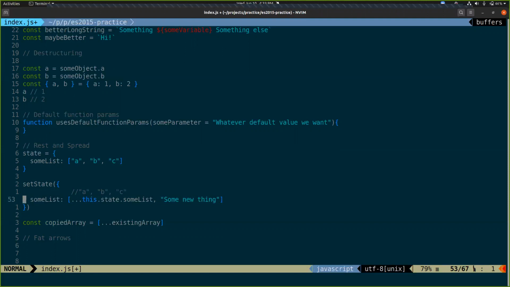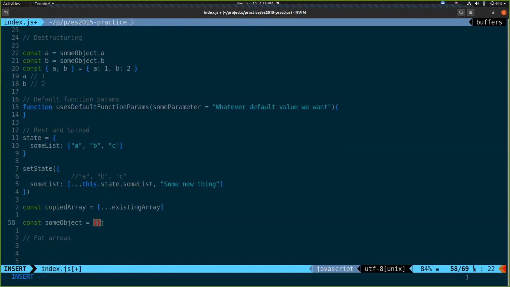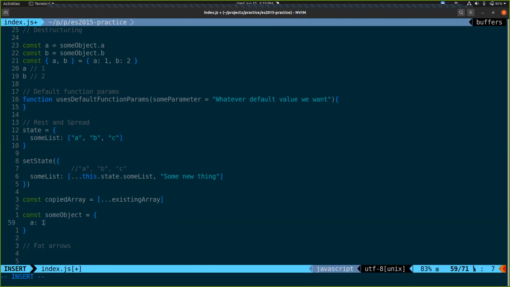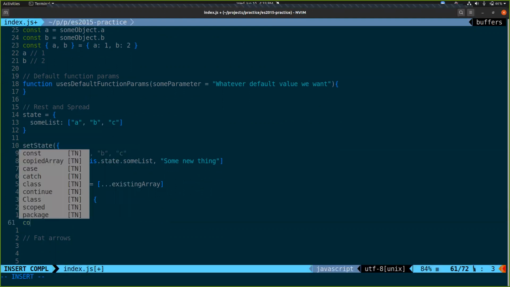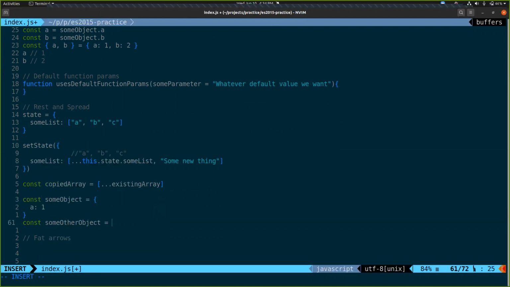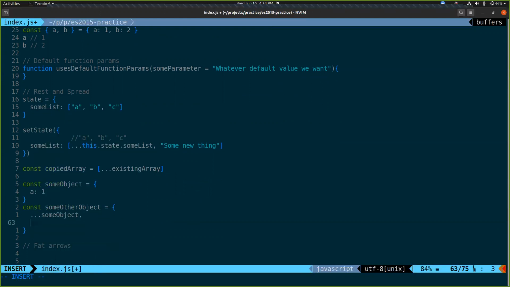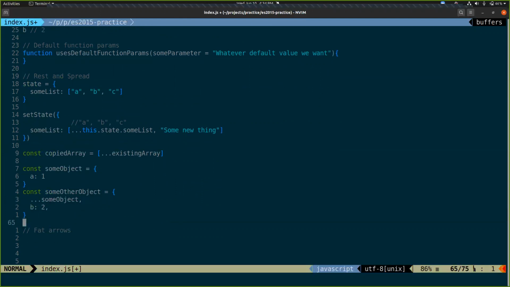Spread also works with objects, you may not have realized. So if I have some object like that, I can have some other object, spread some object, and just add stuff to it. Works the same way. It's kind of like we just dropped the curly braces.